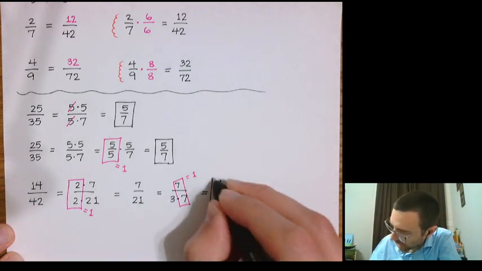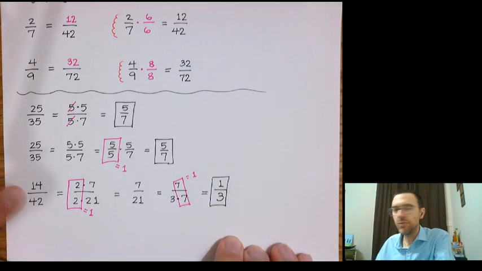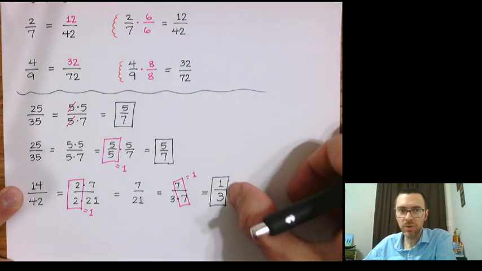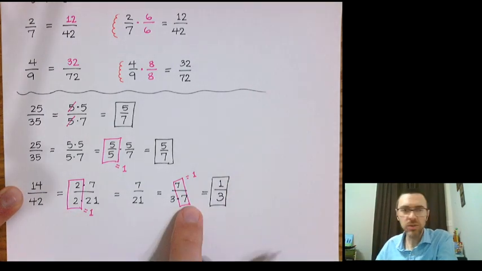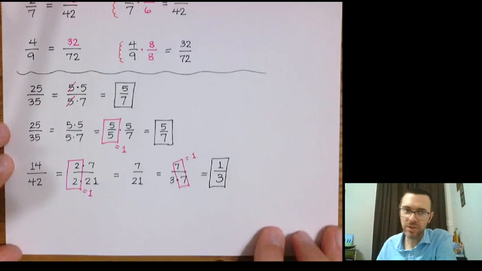And here is our final result. 14 over 42 is the same thing as 1/3. Now you notice that I did this in two different steps. I didn't have to. I could have done it in one step